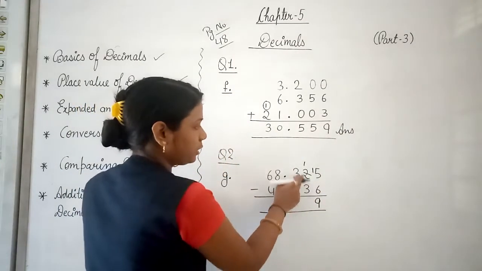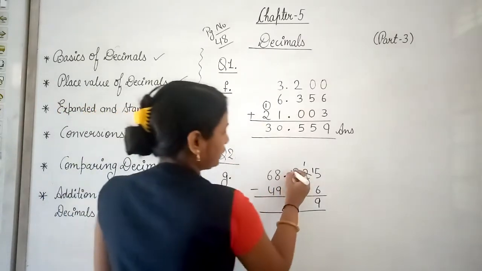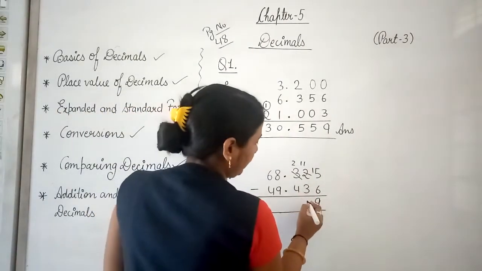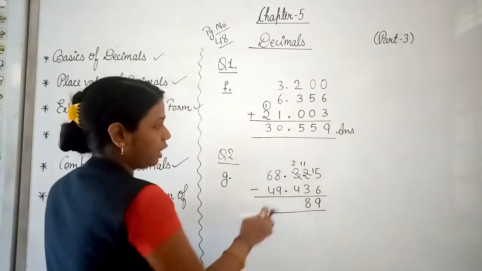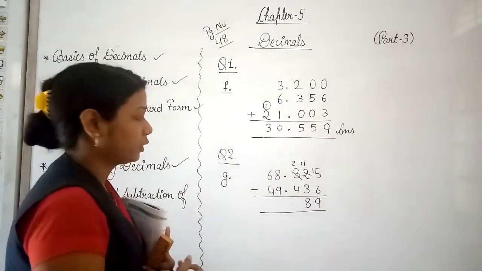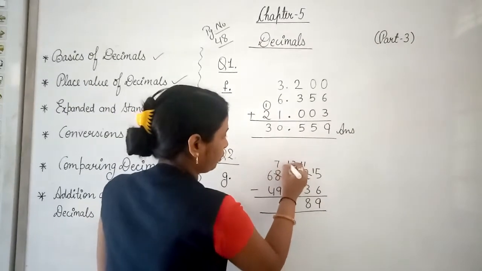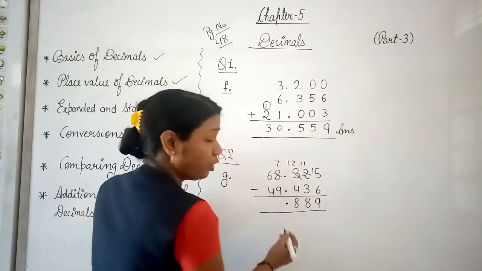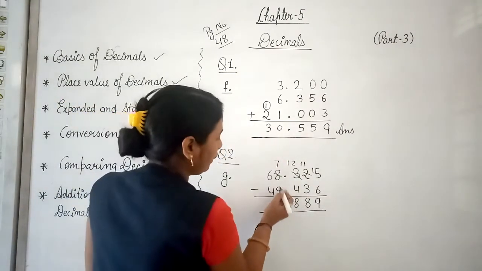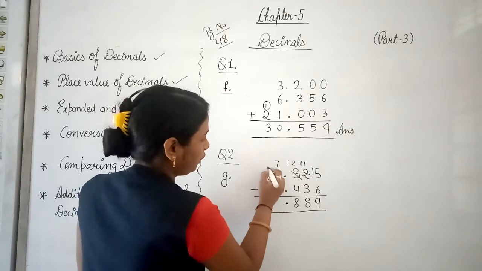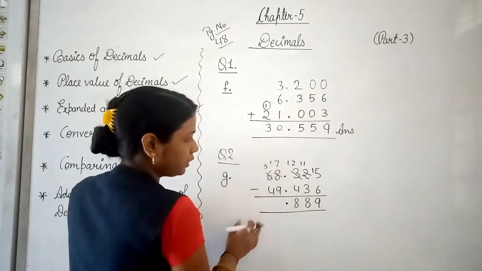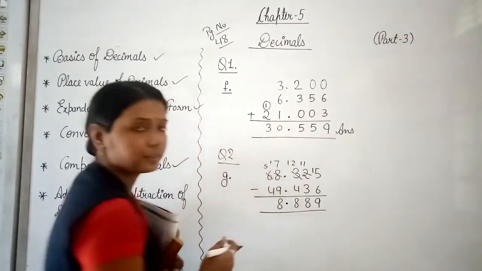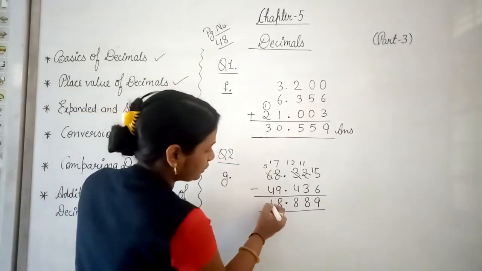Now we cannot subtract 3 from 1. Again we will take a borrow. Now 11 minus 3 will be 8. Now we cannot subtract 4 from 2. So again we will take a borrow. 12 minus 4 is 8. Now because there is a decimal point, we will also insert a decimal point here. Now we have to subtract 9 out of 7, which we cannot do. So we will take a borrow. Now 17 minus 9 is again 8. Now 5 minus 4 is 1.